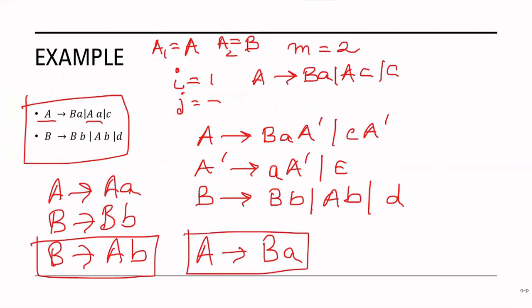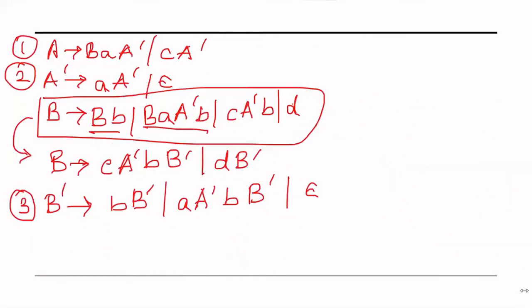So now after doing this, you see that we are left with these productions 1, 2 and 3, and none of these have left recursion, either direct, that is immediate, or indirect. So we can